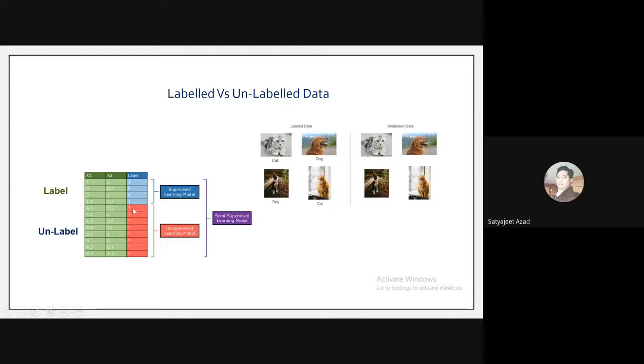But if you see below, there is a question mark. This is unlabeled. We don't know the output if you combine 4.3 and 9.2 as input. Only this is the input, x1 and x2, but the output we are unaware of. This is called unseen data. So for training our ML and DL models, we provide a training data set where data is labeled. But when you are trying to test it, you give it this unlabeled data set so that they can predict for you with the help of this historical data. This is how labeling and unlabeling works.